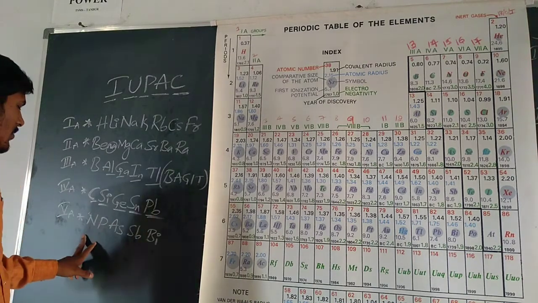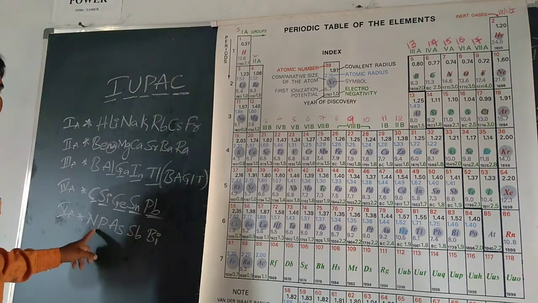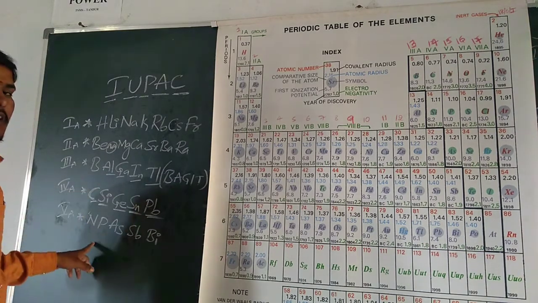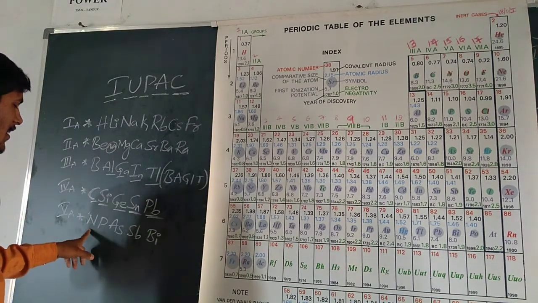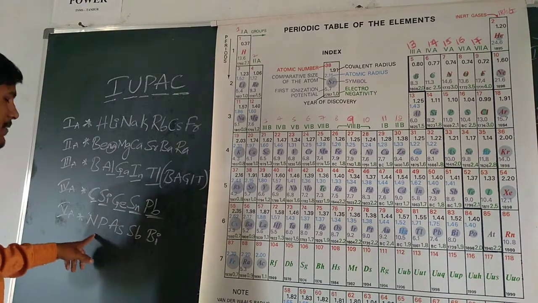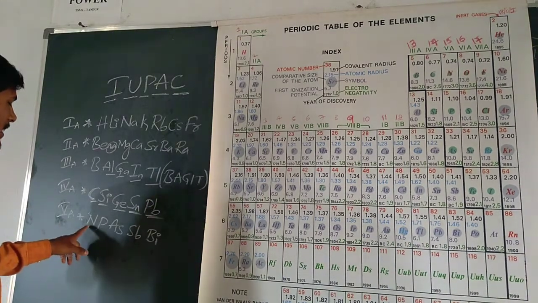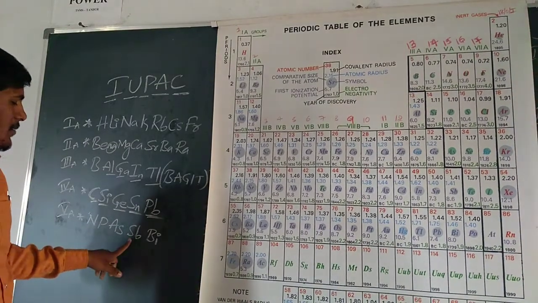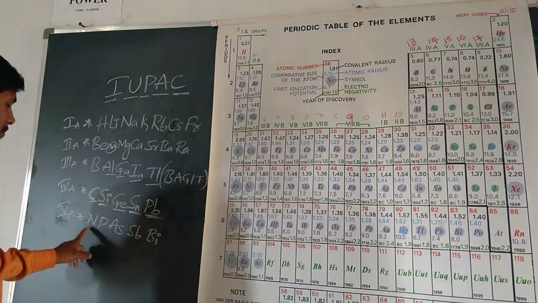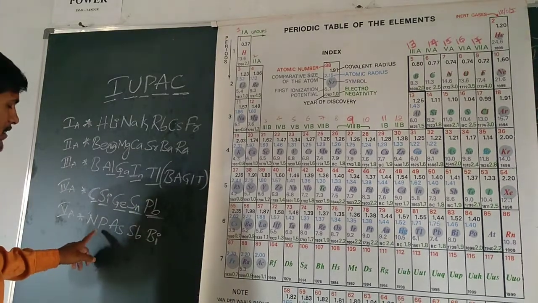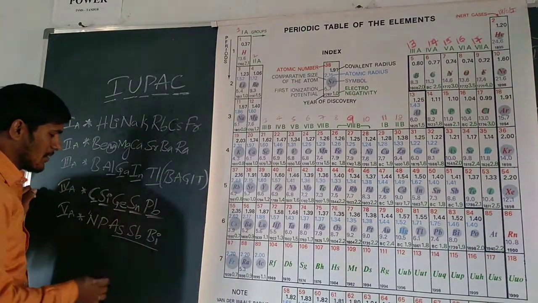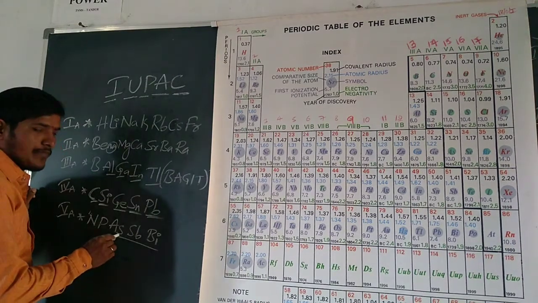Here you can observe the NP. The NP on the back side of lorries means national permit. But here, according to fifth A group elements or 15th A group elements, it means nitrogen, phosphorus, arsenic, antimony and bismuth. NP means here nitrogen, phosphorus. And arsenic, this you can also easily remember: As is the second letter.